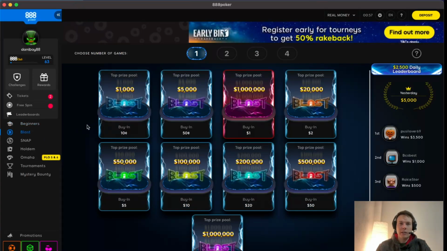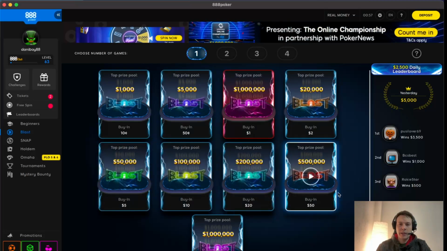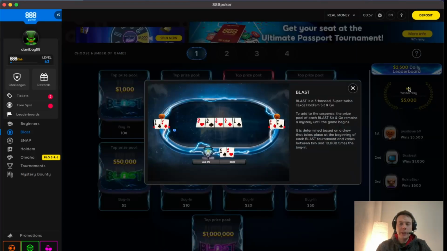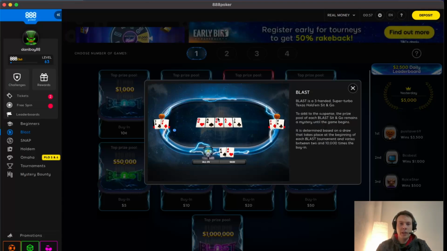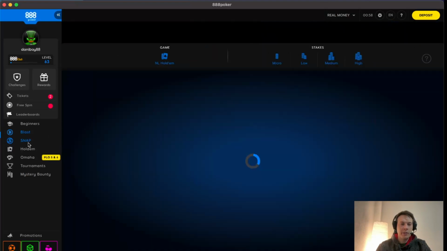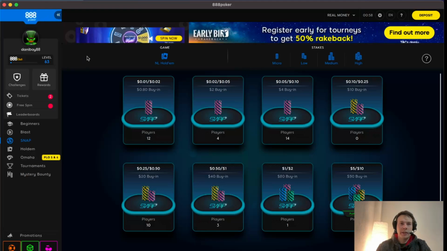The next one is the Blast, which is the 300 sit and go, the flip and go, and there are other names on other sites. You can see by the amount of buy-in. There is always an info tab, so if you are not familiar with the game type, you can see a short summary about it. The next one is the Snap, which is the fast fold poker type for 888 poker,